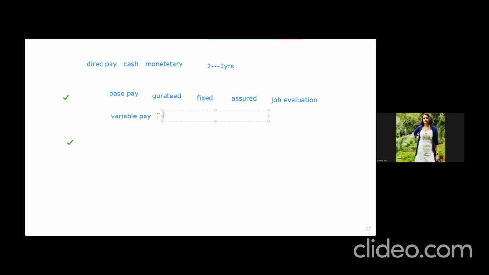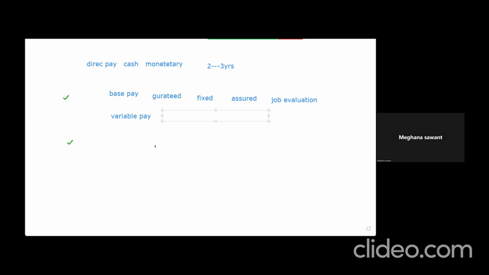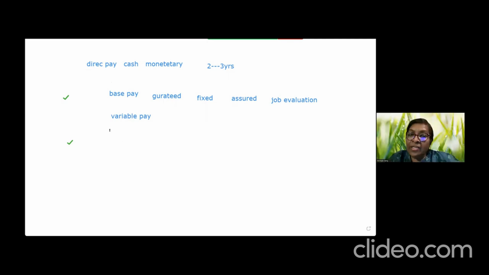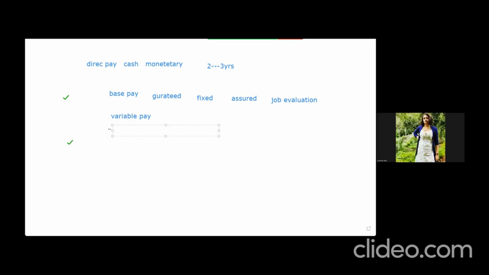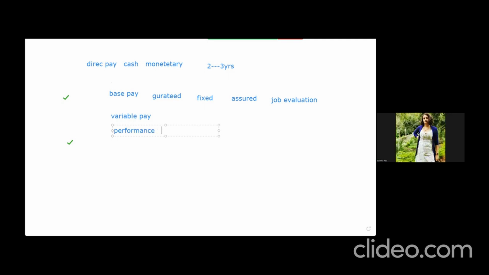Performance. So when I get an offer, when I get my appointment, they say, hey, 25 lakhs is your salary. So 20 is something fixed and 5 is variable pay. As the name suggests, it is variable. It is contingent on something, right? Now, your variable pay can be contingent on what all factors? Somebody said something. Yeah. Individual performance, team performance, business unit performance. It could be your company performance. Performance, right? Which is purely called performance linked pay, which is also called performance pay.